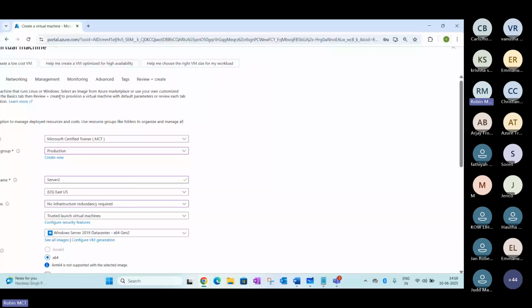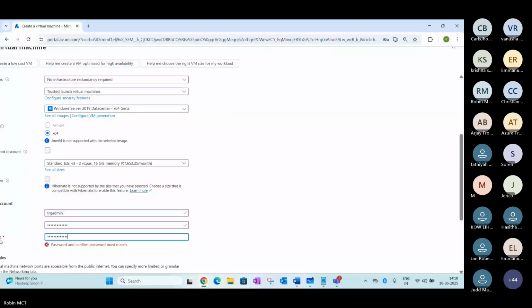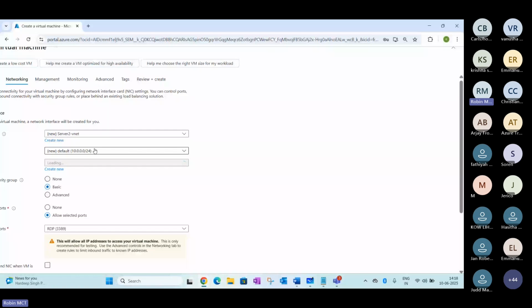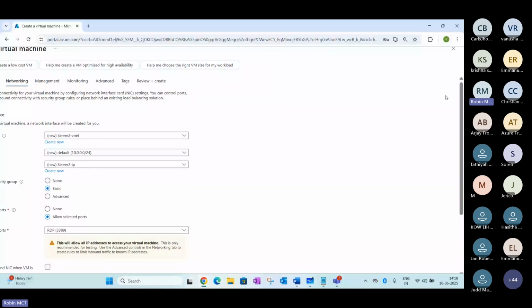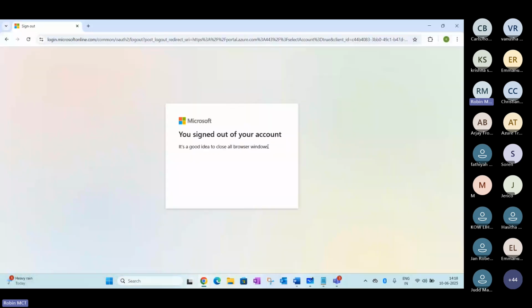Let me enter the password again. The networking option does not look like it's showing here, so I might have to sign out and log in again. This is a subscription issue. Let me sign out and log in again.